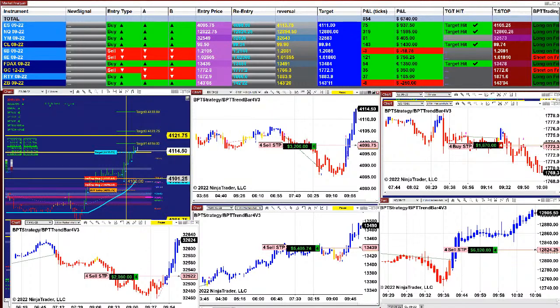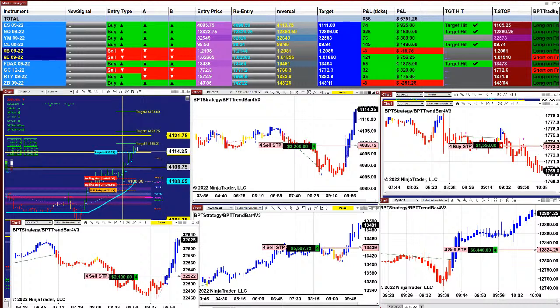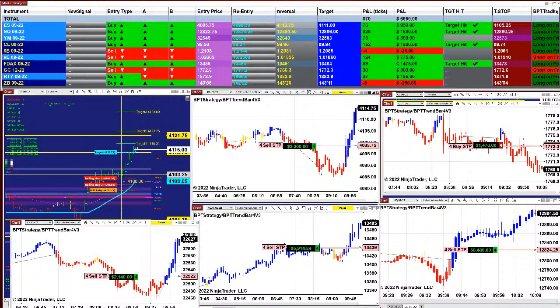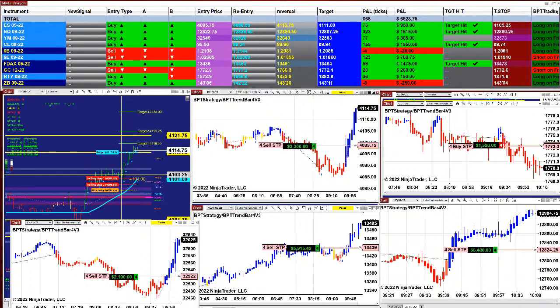So if you wanted to take a long trade as a pullback re-entry, in 2 contracts or 2 micro accounts, you will put one at 4106.75. The second one will be at 4101.50. This way, you will average the price. If you get filled on the first one and the market goes in your favor, no harm done. However, if this market goes farther down to 4103, we get filled and we average the price. This is how you need to do it if you are trading manually.